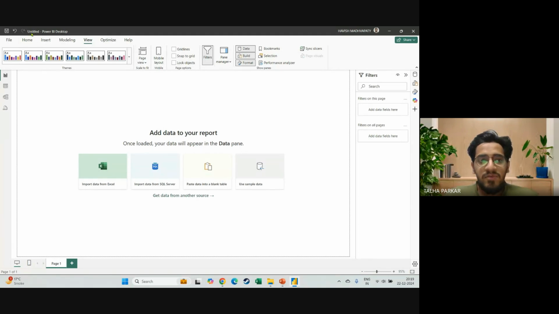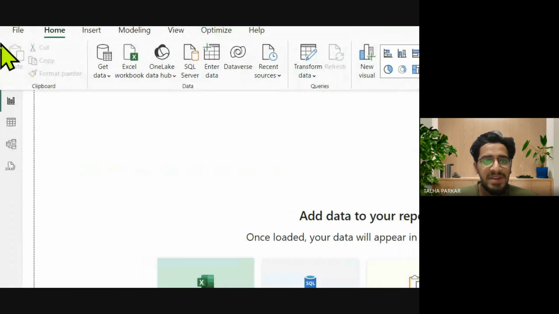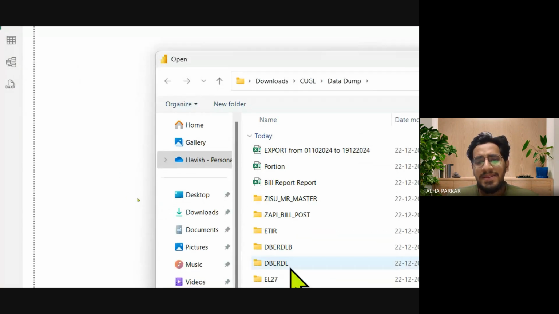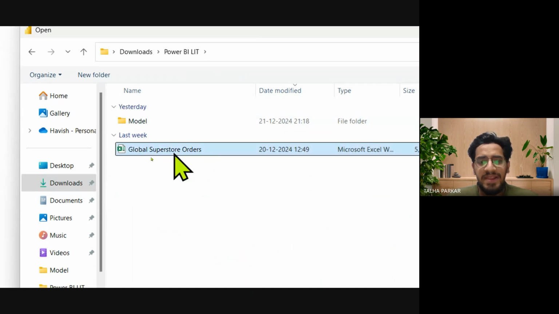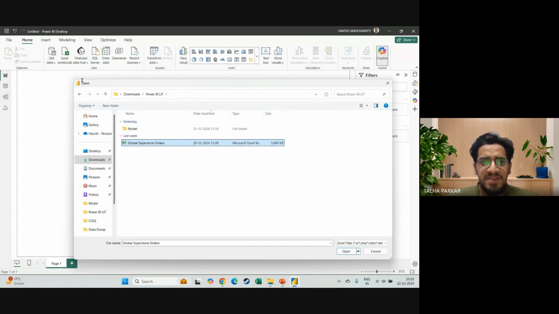Perfect. So now we want to work with global superstore orders. Okay. So what we will do is we will load the data. So you will come to home, you will click on Excel workbook, and then you will choose the file global superstore orders. Right, same process like we've been doing the last 2 days. When you click on open,